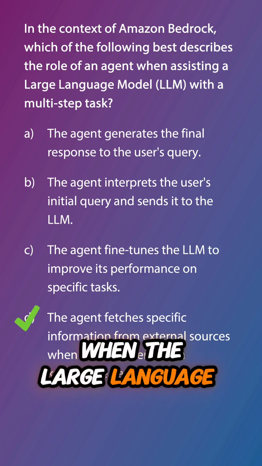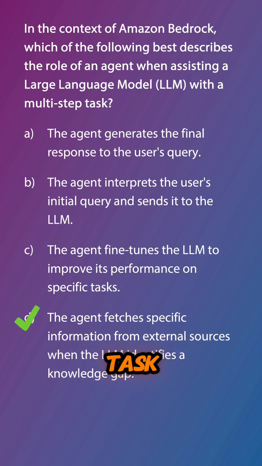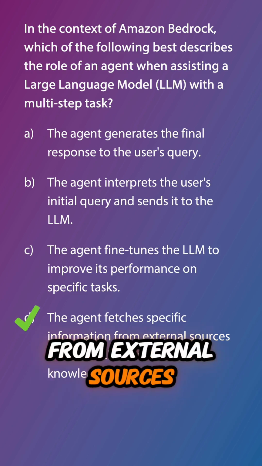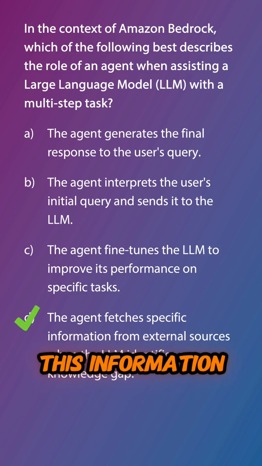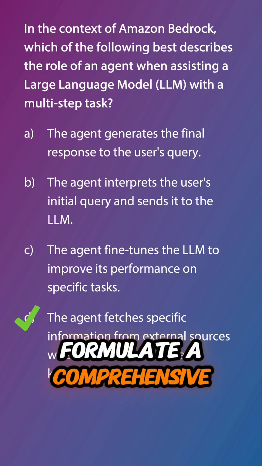When the large language model identifies that it lacks the necessary information to complete a task, it calls upon the agent to fetch specific data from external sources. The agent then relays this information back to the large language model, which it uses to formulate a comprehensive response